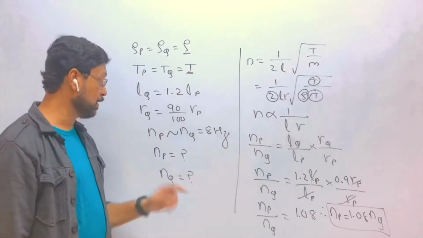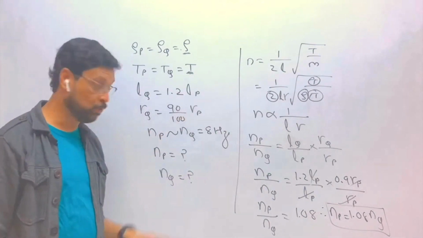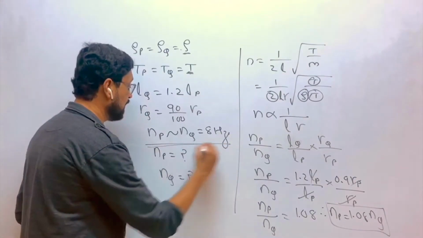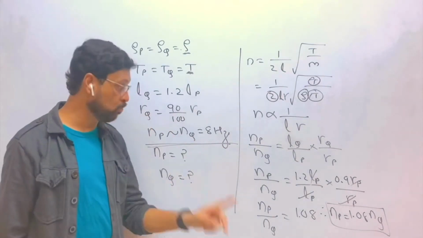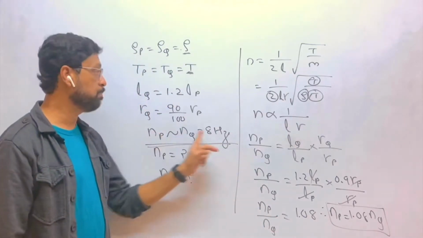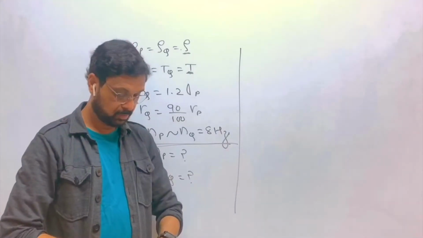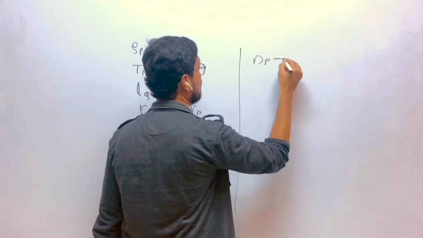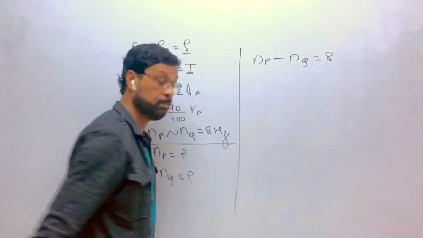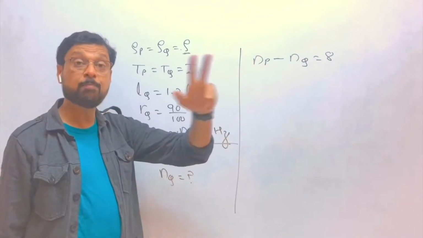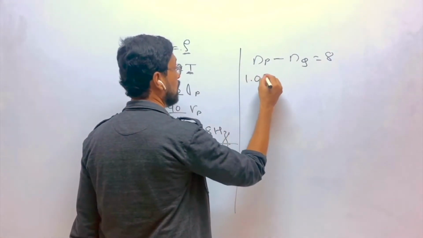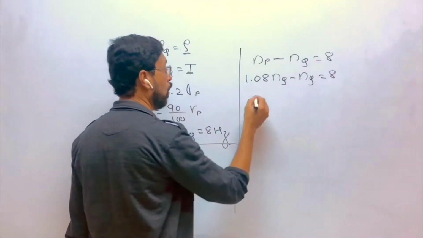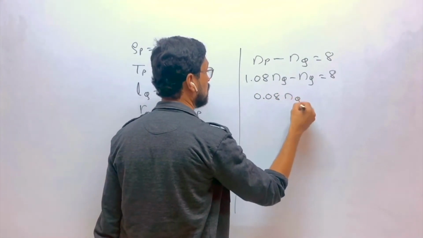NP is greater than NQ, means it is NP minus NQ. NP minus NQ is equal to 8 hertz. So you decide whether it is NP minus NQ or NQ minus NP. NP is greater, so it is NP minus NQ. So now NP minus NQ is equal to 8. We found that NP is 1.08 times NQ. So 1.08 NQ minus NQ is equal to 8, or 0.08 NQ